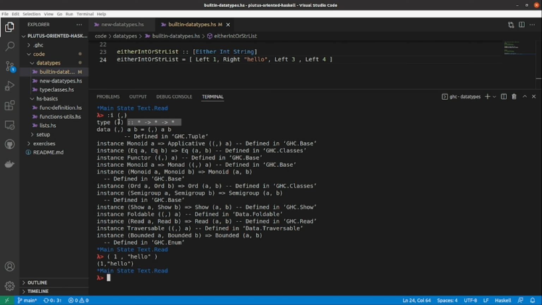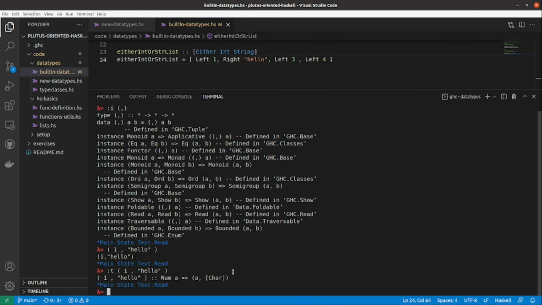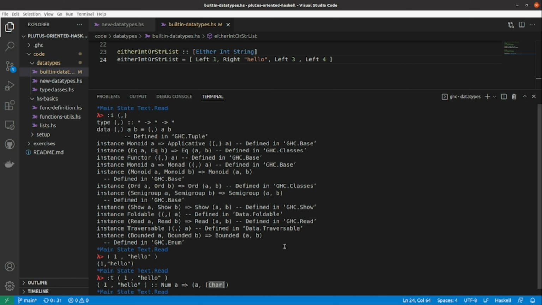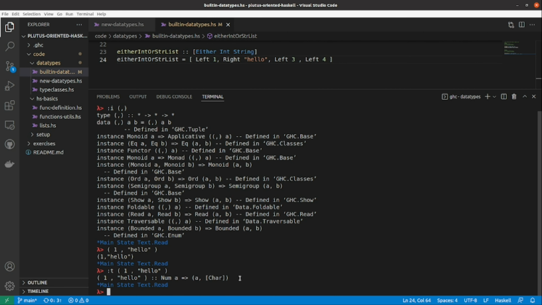In fact, as we see here, the kind of a pair tuple is something that, given two generic types, returns an entirely new generic type. In fact, the type of the previous expression is something like a tuple of a number, as we see here, and a string. As we know, this list of char is a string,